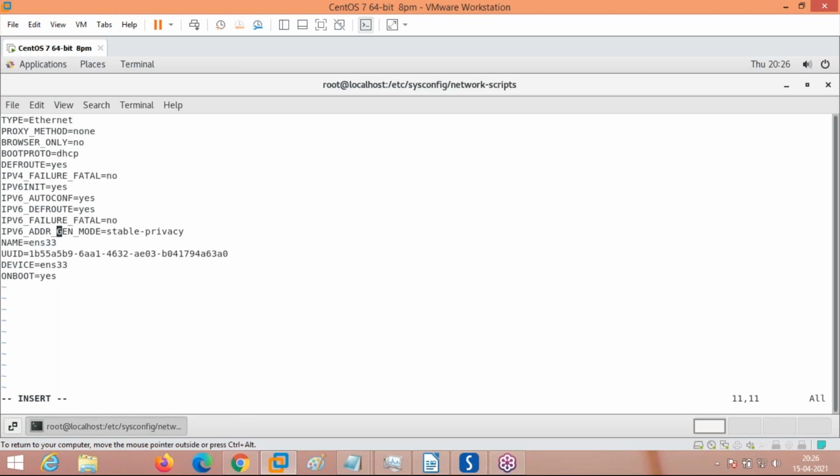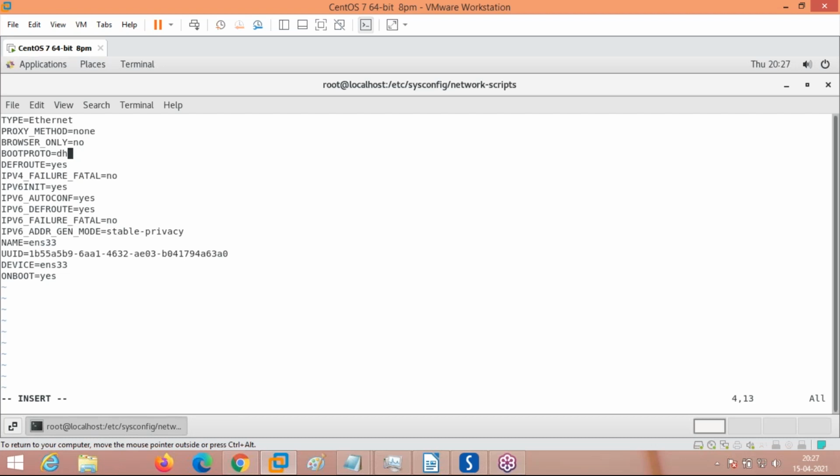After that, you can give the boot protocol as DHCP. What is DHCP? DHCP stands for Dynamic Host Configuration Protocol, where the IP of the system is generated by the DHCP server and assigned to the system.